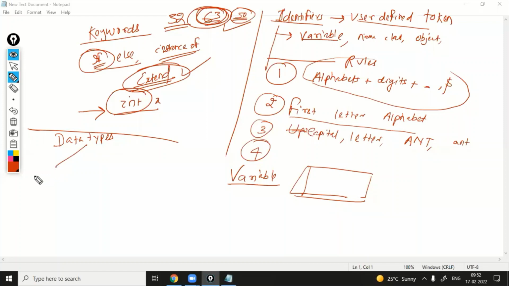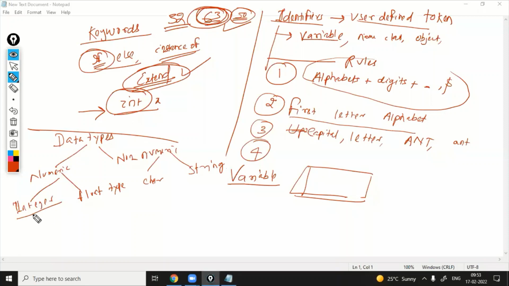Data types can be numeric or non-numeric. If numeric, it may be integer type, or it may be real type or float type, which you can also call floating point type. And non-numeric is character type, or maybe string type. While you do the declaration, I can also define a constant variable in this category.